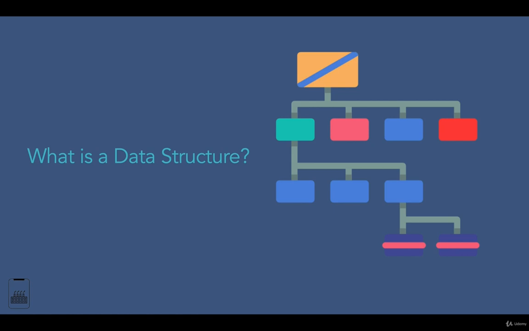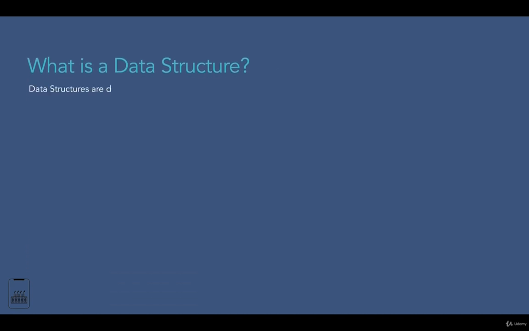Before we get started with different types of data structures and algorithms, let's talk about what a data structure is and why we need them. One sentence description of data structures would be that they are basically different ways of storing data on your computer. This definition might not be clear right now, so let me give you a more concrete